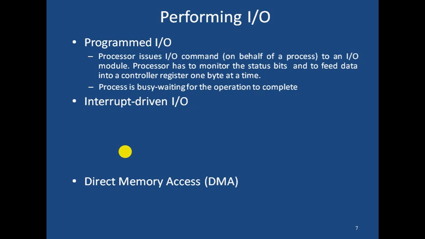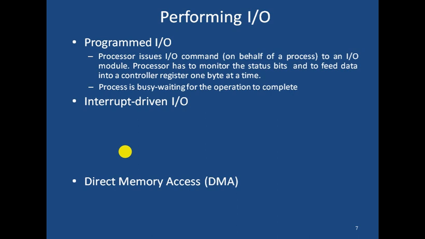In programmed I/O, the processor issues one command to the I/O module, and each time the processor has to monitor whether the work is in progress or not. It gets the status of the work, stored in the corresponding registers. The processor is always focused on whether the task is completed or not. Until the completion of that particular task, the processor does not go to the further task. So for that reason, the processor is busy waiting for the operations to complete. That is about programmed I/O.